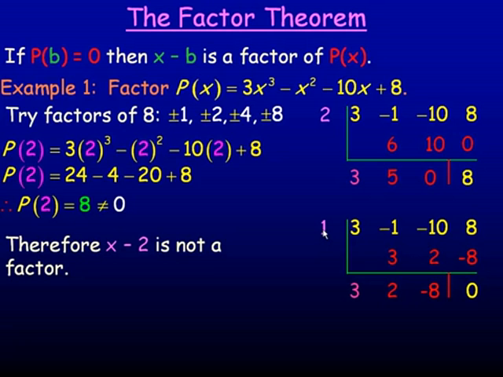Now when we divide x minus 1 into the polynomial, we're left with 3x squared plus 2x minus 8. So we still have to factor the 3x squared plus 2x minus 8. And you actually could do another synthetic division. That's one of the nice things about synthetic division. If you know another number, or you want to check another number to see if you get a remainder of 0, you can actually just do the division with the remaining numbers here, the 3, 2, negative 8. And another number in this list of numbers is negative 2. We showed that 2